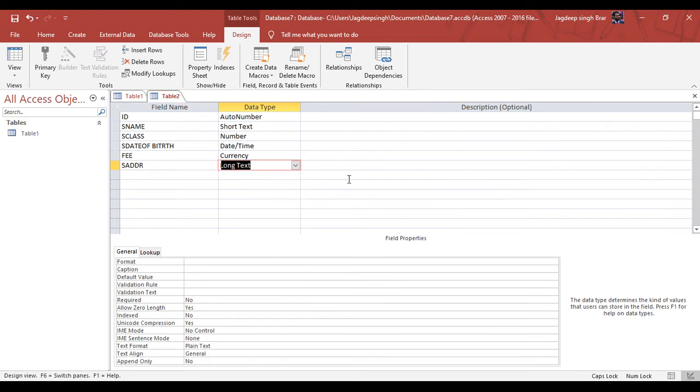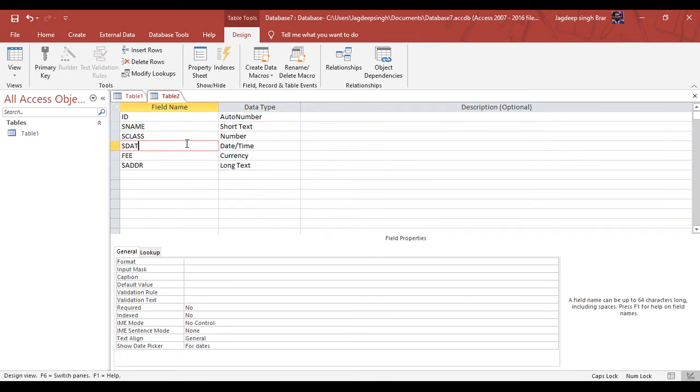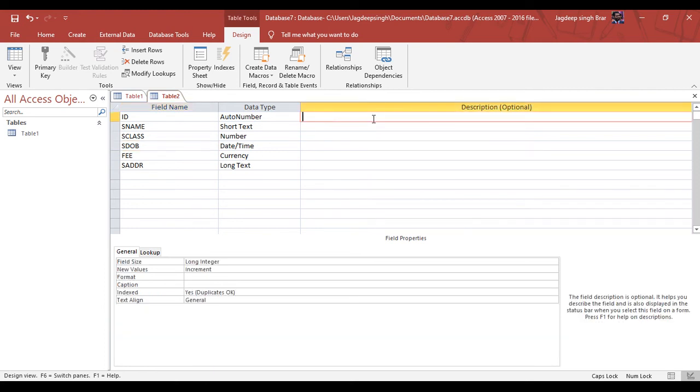So here, if you have noticed, we defined some columns, like first is ID, second is student name, third is class, student date of birth. So you can write in a short form, fee, address. Then we select some data types. Within a few seconds we are going to discuss these data types in detail. Then here it is description.